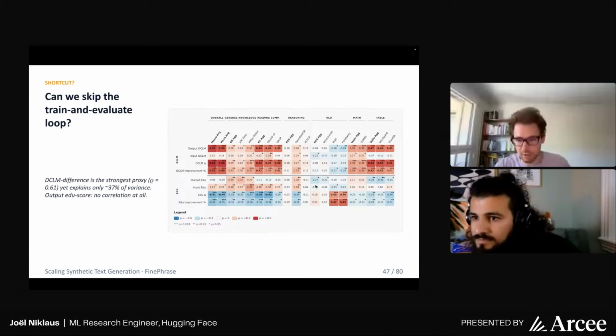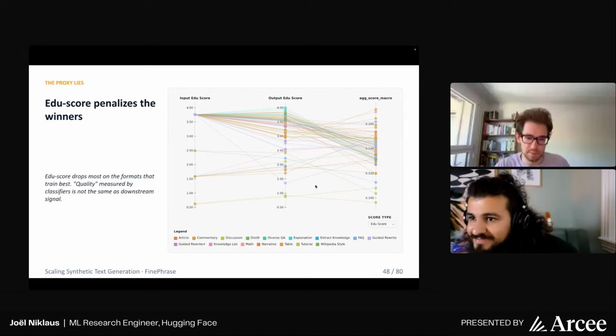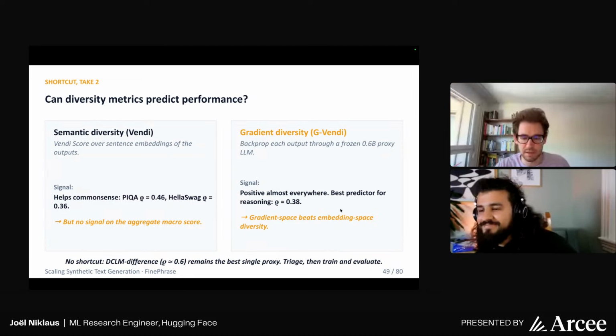But yeah, I don't know. To me, it seems a bit over-engineered and a bit overfitted in the end. So yeah, I didn't do that. So it looks like there really isn't a good proxy that you can use, and you really need to train and evaluate each data set independently,